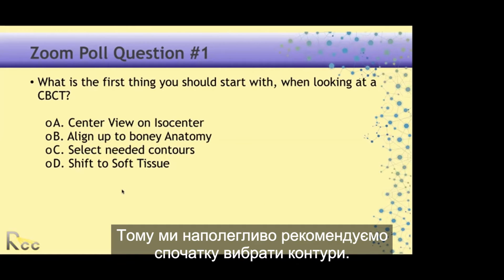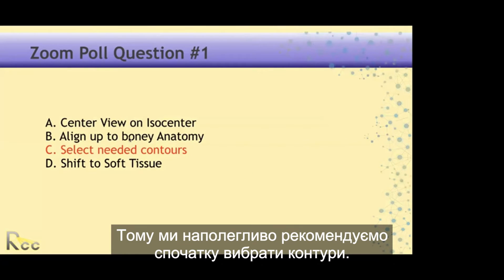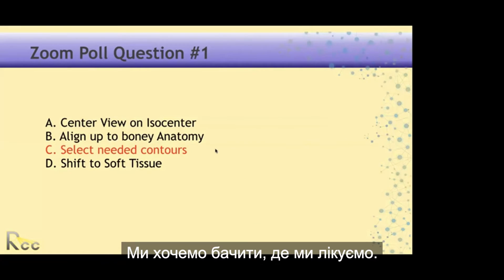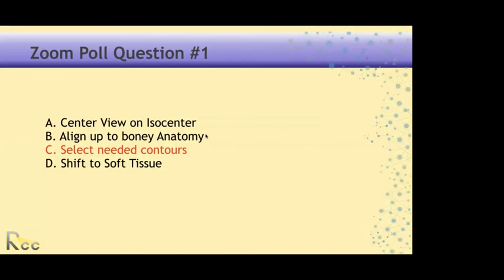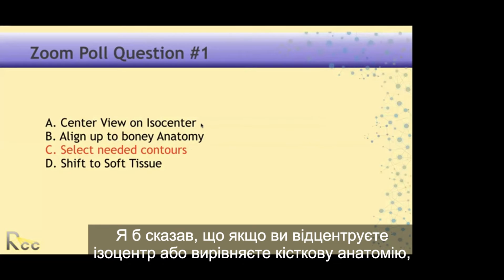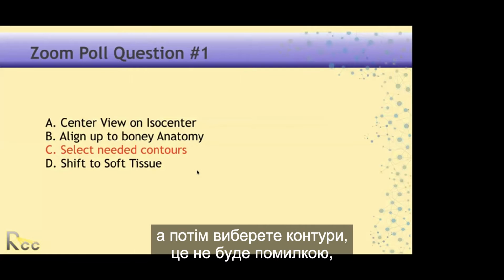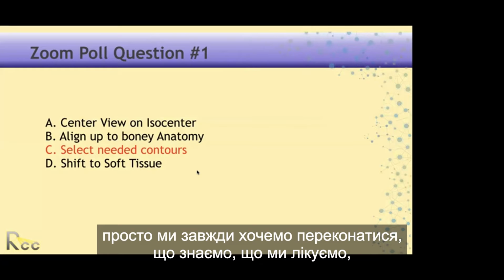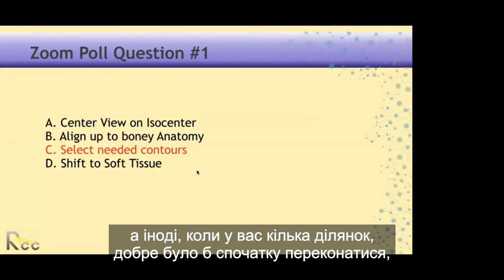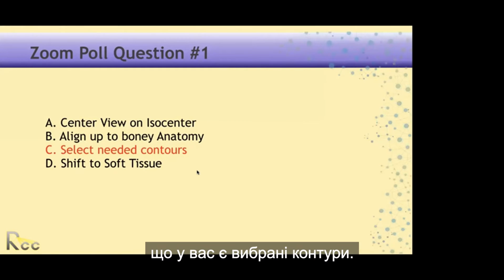So we strongly recommend actually selecting your contours first. So we want to see where we're treating. I would say if you were to center on ISO or align your bony anatomy and then select your contours, that wouldn't be wrong. It's just we always want to make sure we know what we're treating. And sometimes when you have multiple sites, it's a good idea to make sure that you have the selected contours